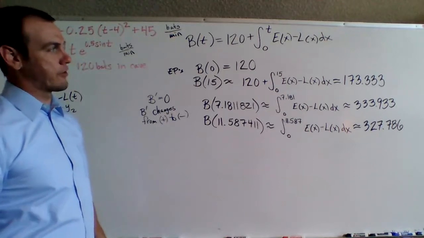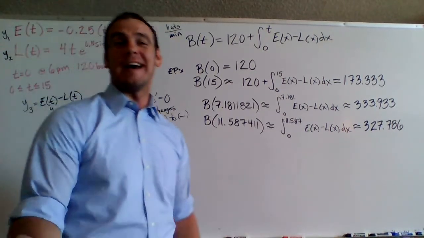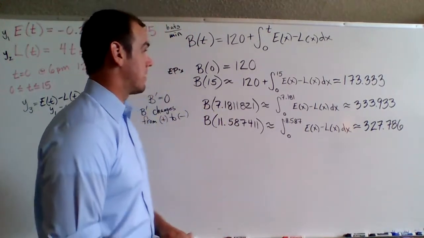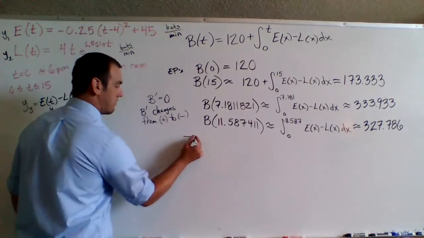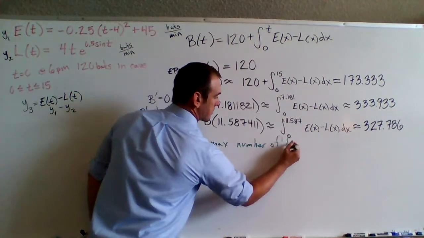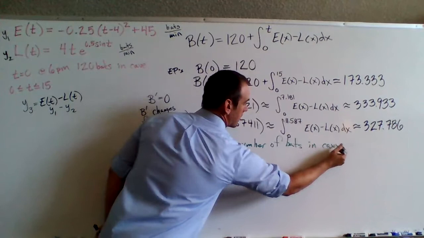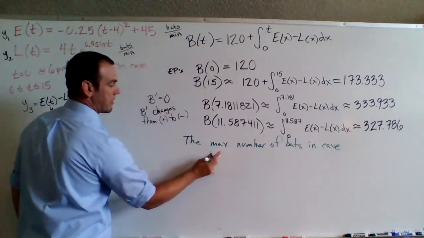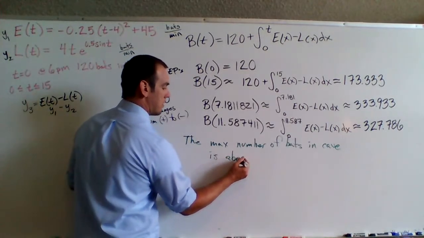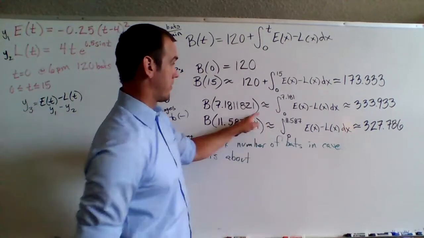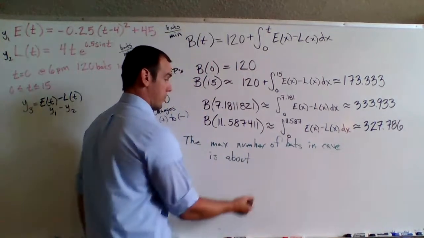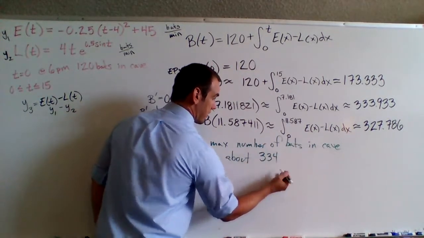So this question is actually asking for both when and how many. Okay, so we would say the maximum number of bats in the cave is about, so remember here we're once again talking about the number of bats, so we want to round that answer. So this was our maximum here, 333.933. So we're going to have to round that guy up. So it's going to be 334 bats